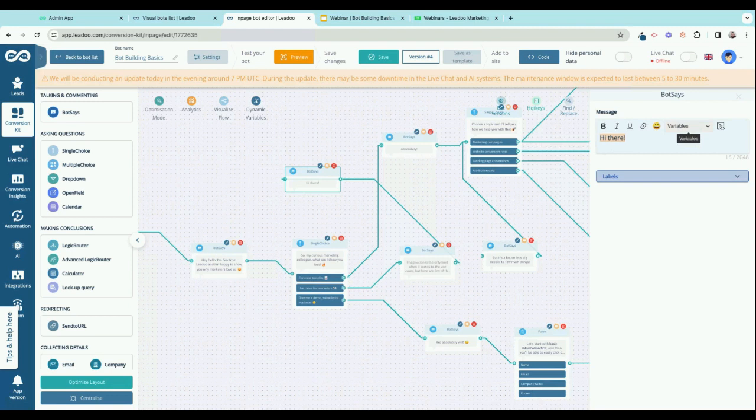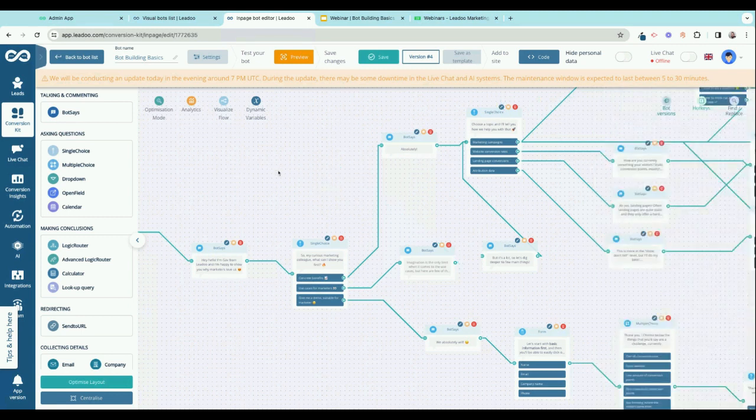That's for post forms, whenever they give us their details, so we can say thanks for that information, Gavin, and then we can ask another question. The next most common one would be, and we'll go through these in detail, some of them are more self-explanatory than others, but the next one would be single choice, and that's